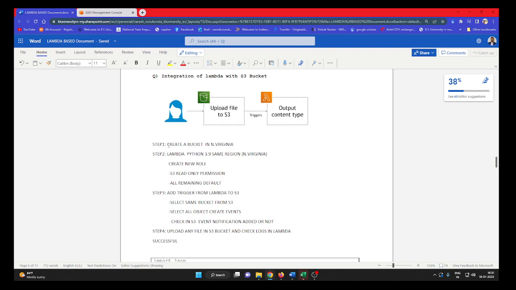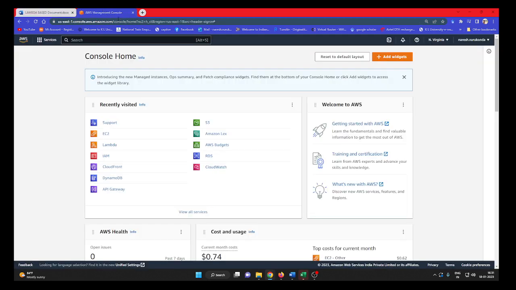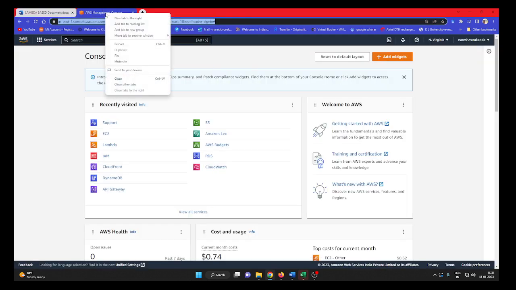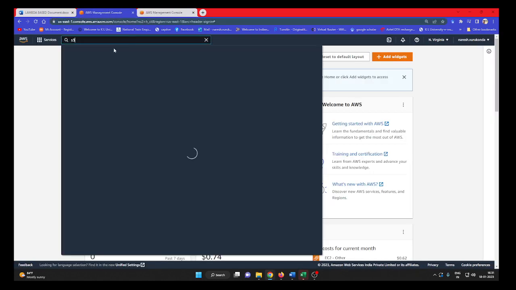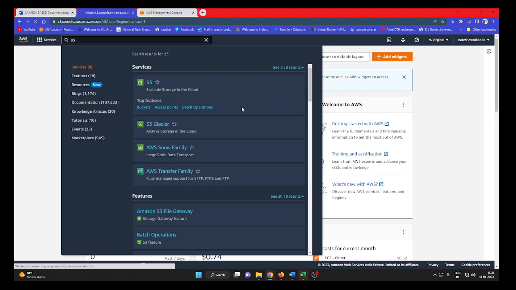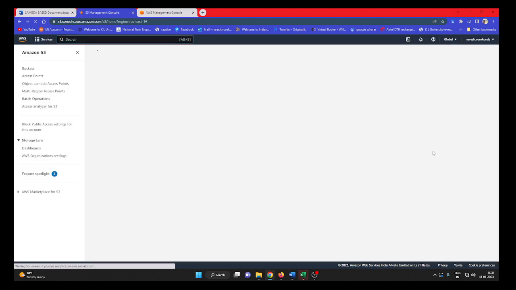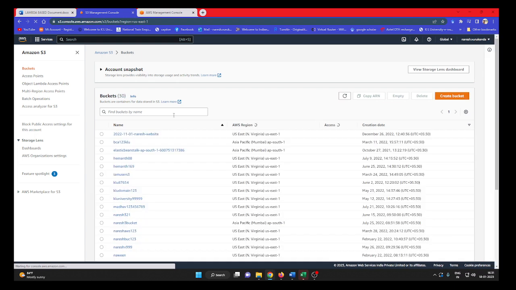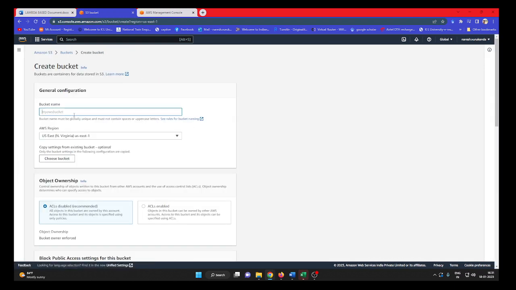create an S3 bucket. As you can see, step number 1 is create a bucket in S3. So I'm just creating an S3 bucket in one region. I'm selecting the region North Virginia. Okay, so I just click create bucket here. Let me give the name integration Lambda. Now I'm selecting North Virginia, that is US East 1, as the region, and